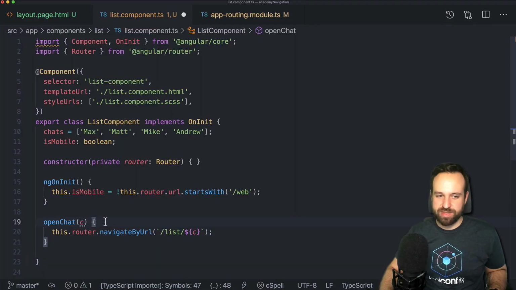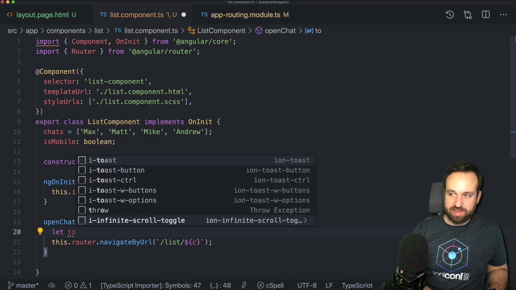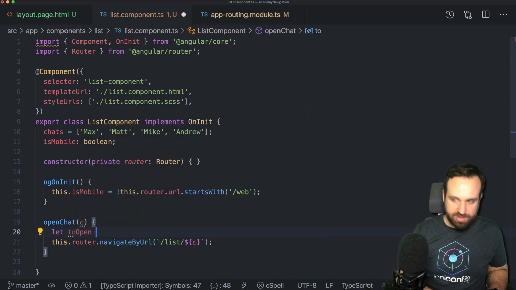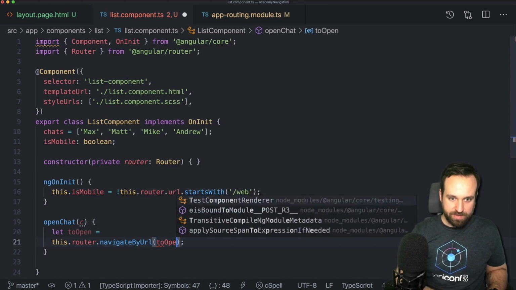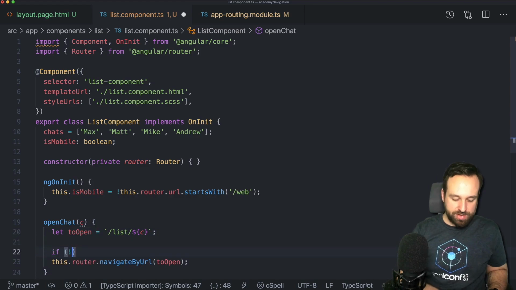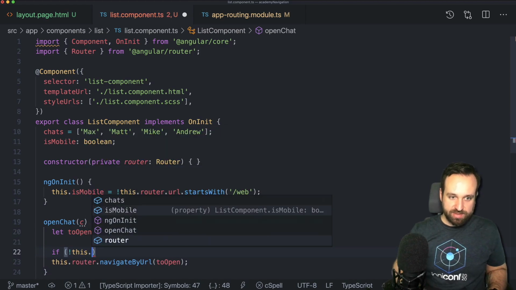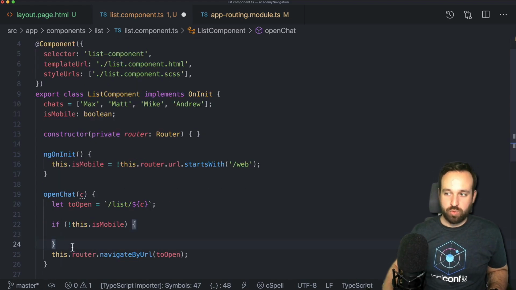usually do within the split pane or any kind of menu setup. So let's say let to whatever that was. To open is first of all this, and then we're gonna check if we're not running on a mobile device. So if not, this is mobile. We're gonna say